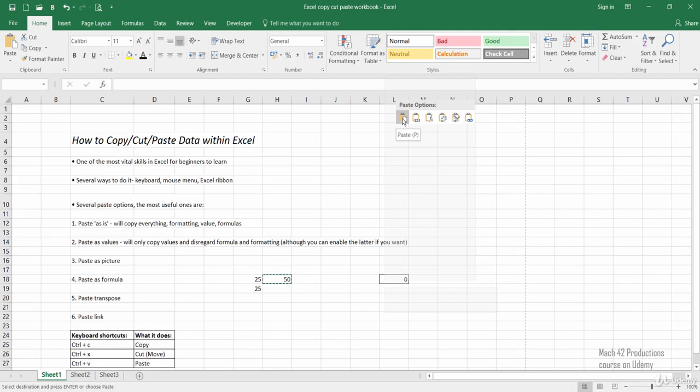However, it's important to point out the value we've got of 50 is actually derived from the formula. So that's something to keep in mind, because when we paste the cell, you'll see that we'll actually get an answer of 0. There. So you can see immediately that we've got an answer of 0. And we've also got our black formatting which carried over. Now, we've still got this little animation running, so to cancel it, just press escape,